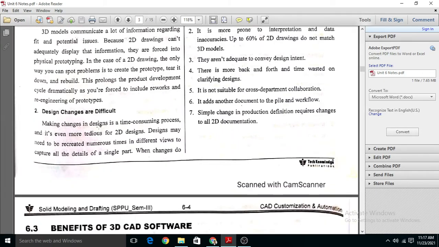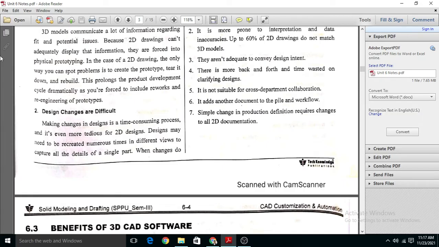Second one, design changes are difficult. Suppose first of all we make one assembly which includes n number of parts, but after some feedback from the customer or after some discussion, we decide that we want to change some part or some dimension of this part. Then it is very difficult to make the changes, because once we change a small part, we require changes in other parts also that are connected.